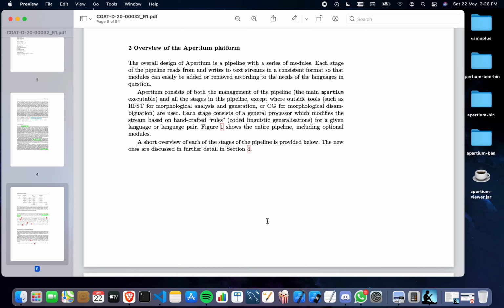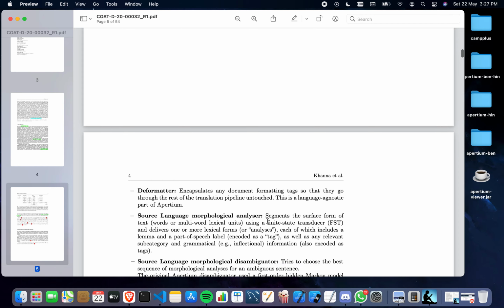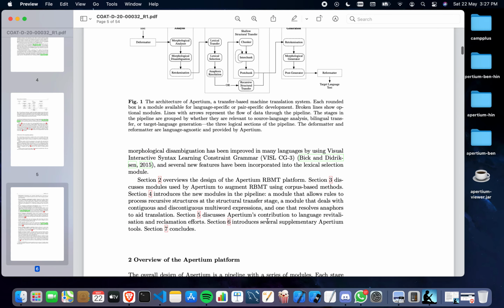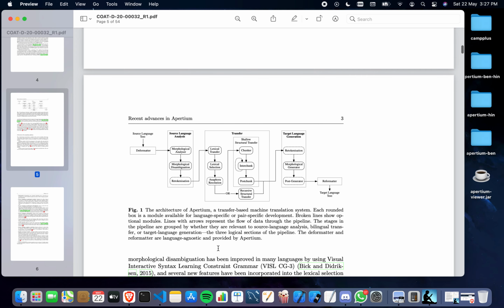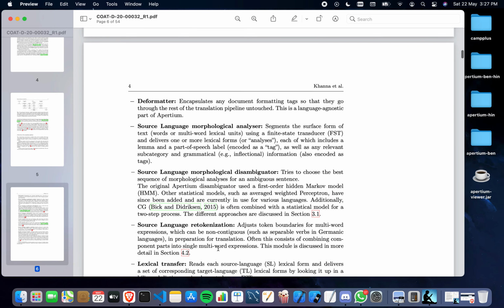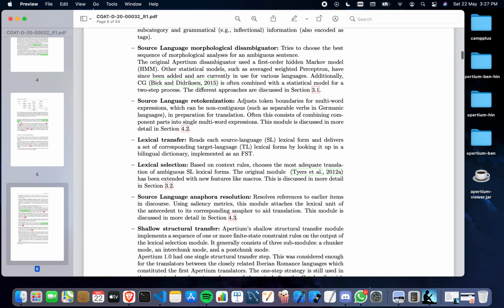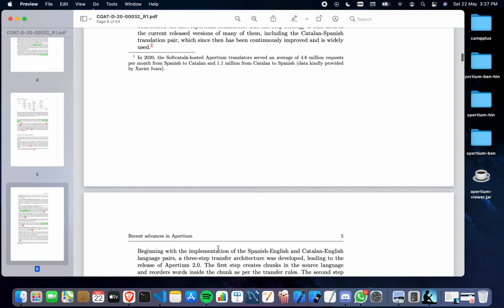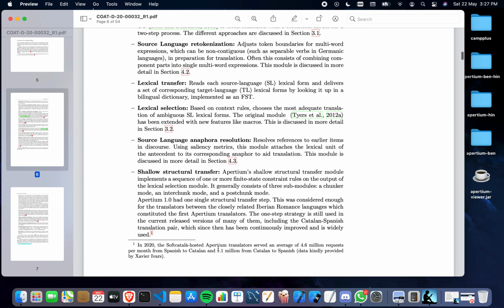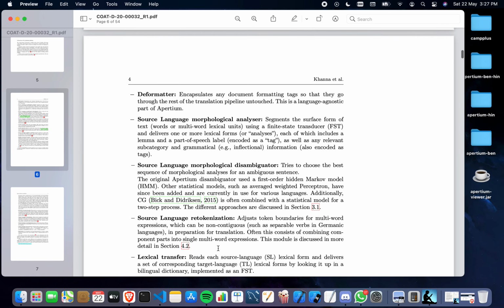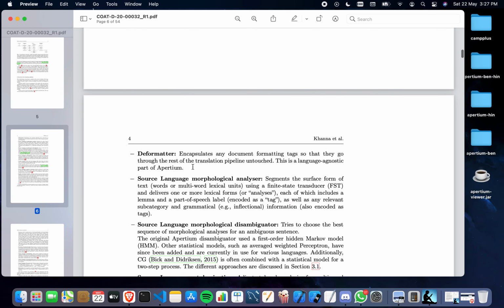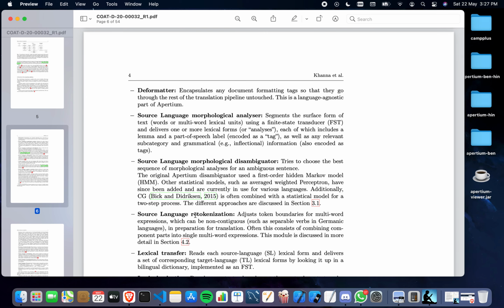So what I'll do here is I'll read the paper, and here are various functionalities of the mechanism of the Apertium system. So let's go by it once, and then I'll end this session. I'll continue reading it for this week. Maybe more videos will come out, but for now I'll go through the different steps and then end this session. So we have first the deformatter.